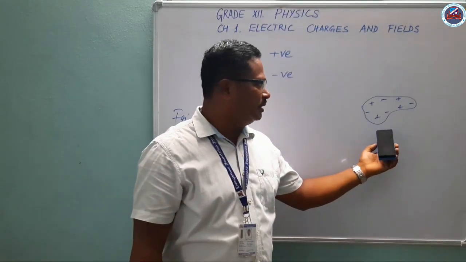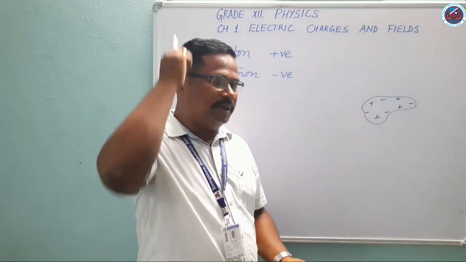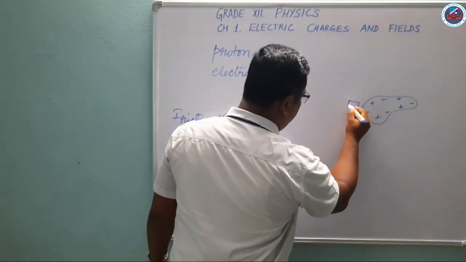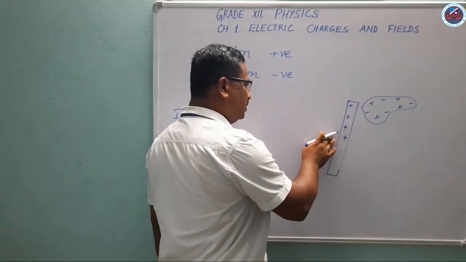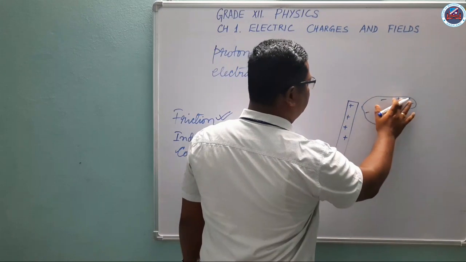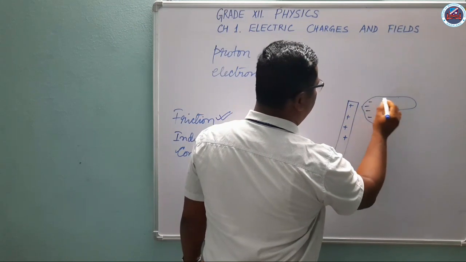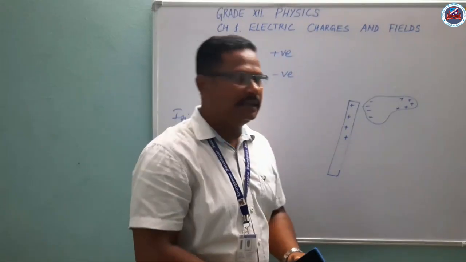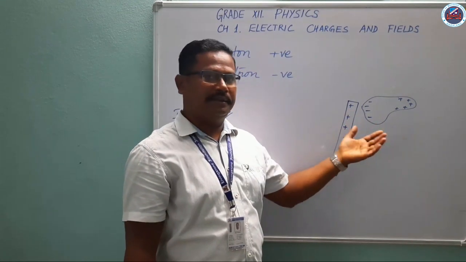Suppose this is a neutral paper I have. Then I have rubbed one plastic scale in my dry hair, and then if I bring it near, now plastic scale when it is rubbed in dry hair, as I said already, it develops positive charge. This positively charged scale, if I bring near the paper, all these negative charges will come towards the scale, and the positive charges will be pushed to the other end. And as the two charges are unlike, one is positive, one is negative, and paper being lighter, it will get